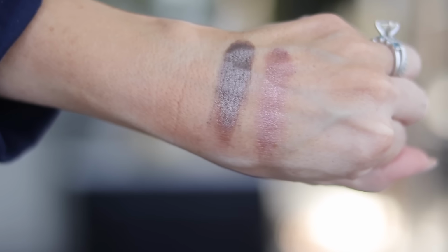Swipe it on your eye. I like to use a brush when I do it, and then sort of buff out the edges. Looks like you're wearing several shades of eyeshadow. You're wearing one, super easy. Love these. And then the last of the beauty products, and the last product we're gonna talk about today, is